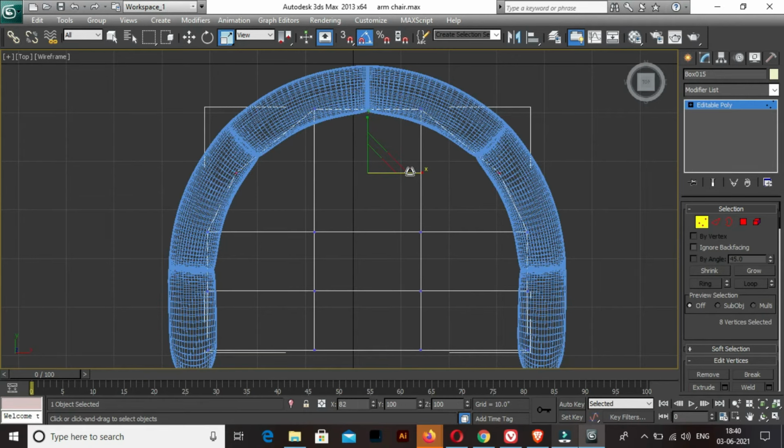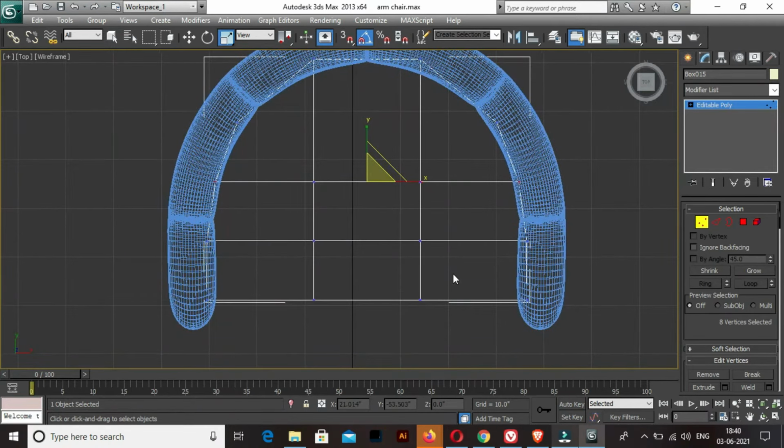So I'm giving it a rough kind of shape. You can increase the number of segments more, and you can make it a perfect kind of thing.